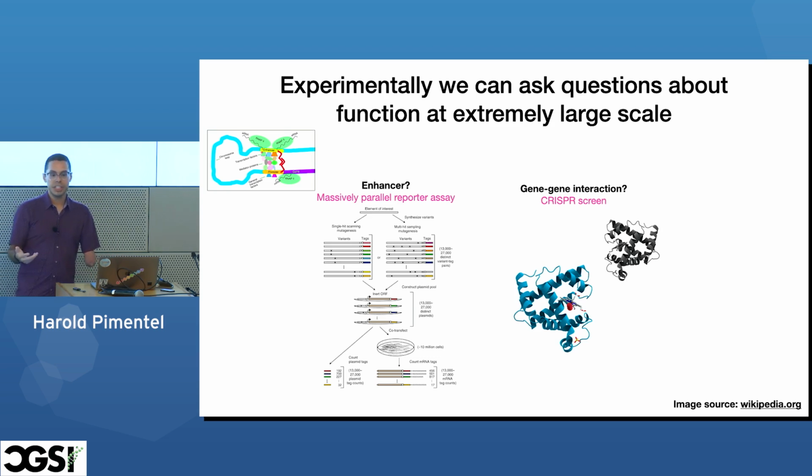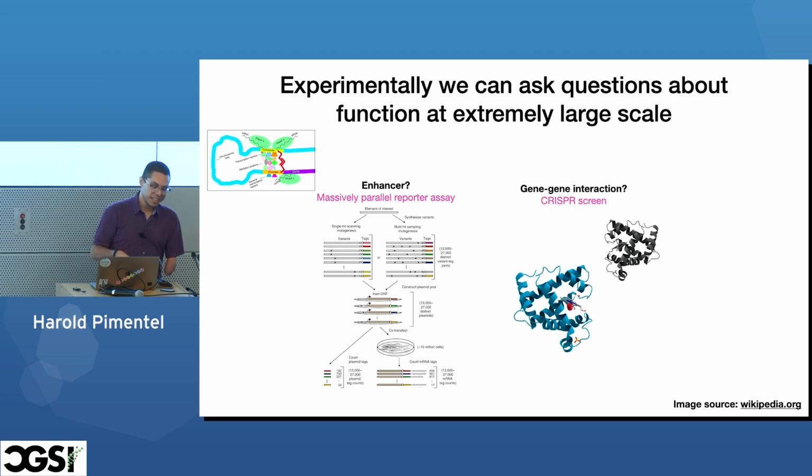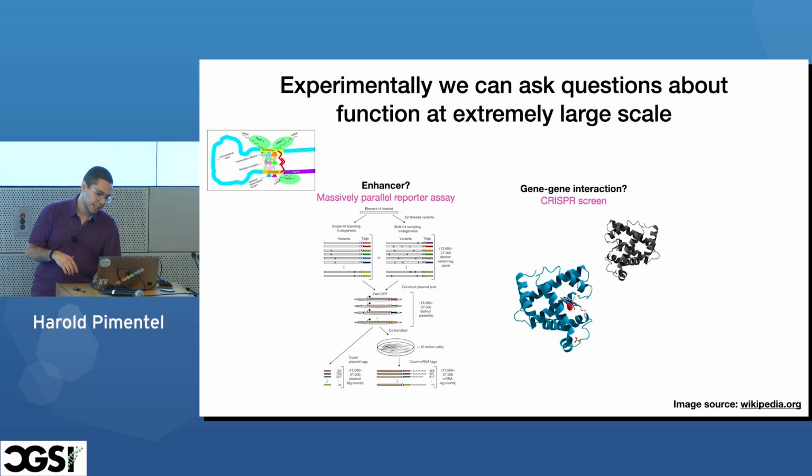We also look at gene-gene interactions through CRISPR screens. So we think quite a bit about what might happen when you knock out one gene and then measure some related phenotype, right? This could be by flow cytometry. It could be a simple cytotoxicity screen, which is basically a fancy word for: did the cell die?